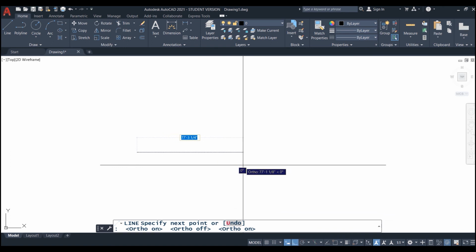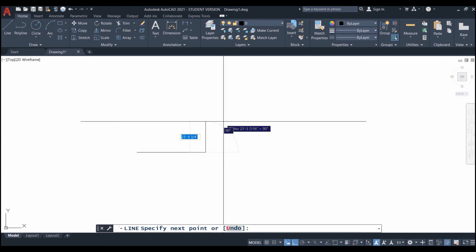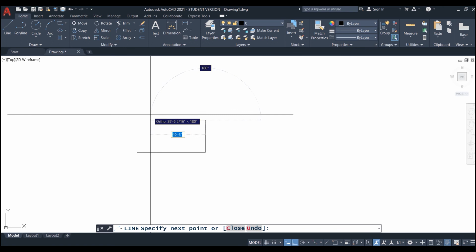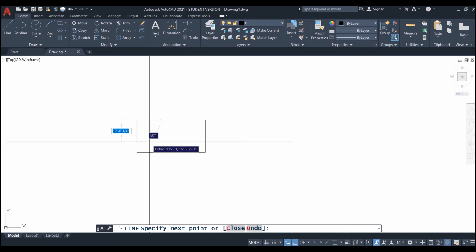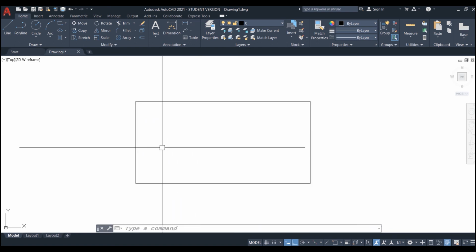Now pick the first point on screen and move your cursor towards the right side and type 50 feet and hit spacebar. Now move your cursor upwards and type in 25 feet and hit spacebar. Now turn your cursor towards the left and type 50 feet, hit spacebar, and to close the line, you can either right click and choose close, or you can choose this option from the command line as well. Congratulations, you have just created your first drawing.